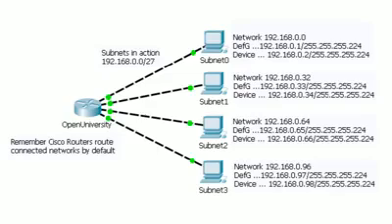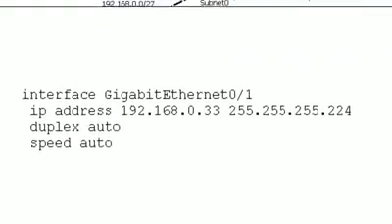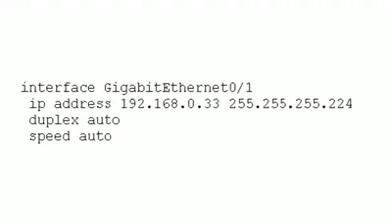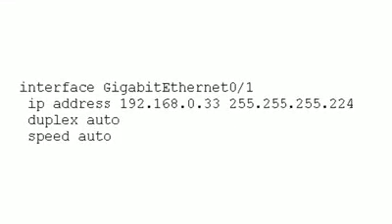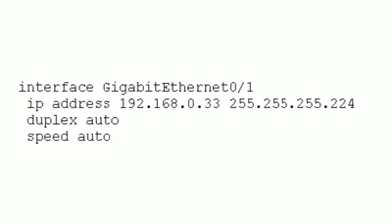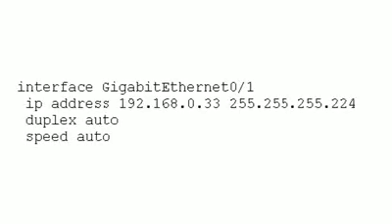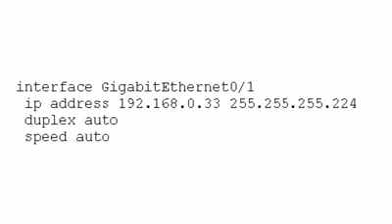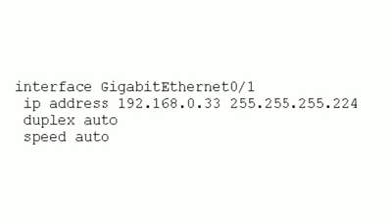They've all got a 192.168 address. They've all got a subnet mask of 255.255.255.224. Here, we can actually look at the configuration of a specific subnet. Here we're looking at subnet 1. We're actually looking at the gigabit Ethernet interface. We can see the configuration and we can see that it's got an IP address of .33 with a subnet mask of